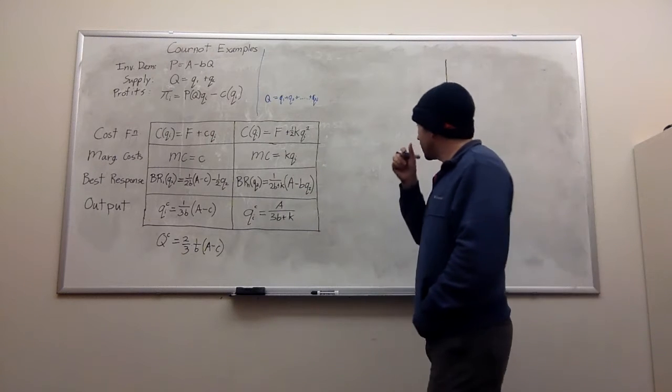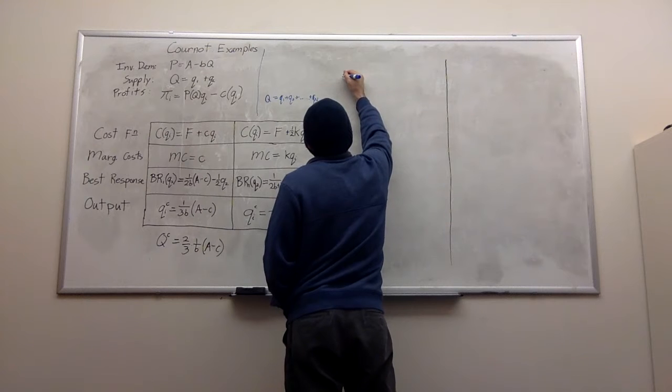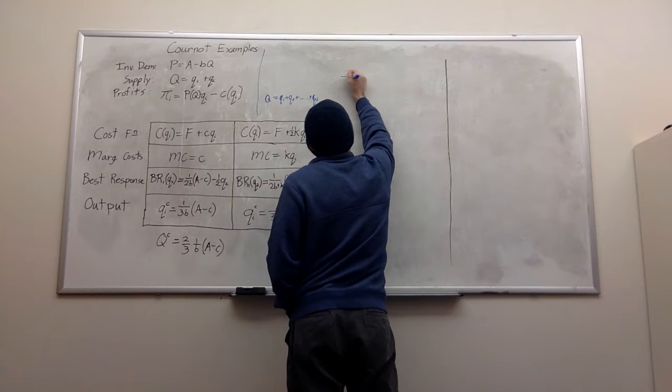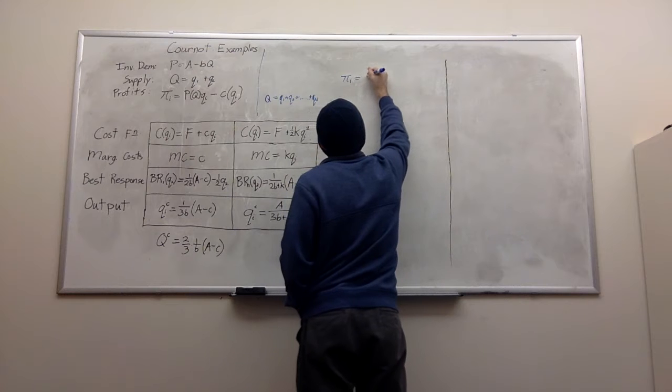We have n firms, and the profits that we want to maximize for firm 1 are just going to be